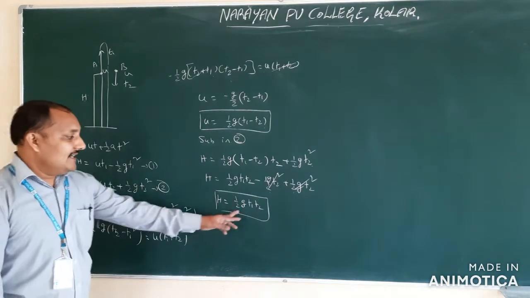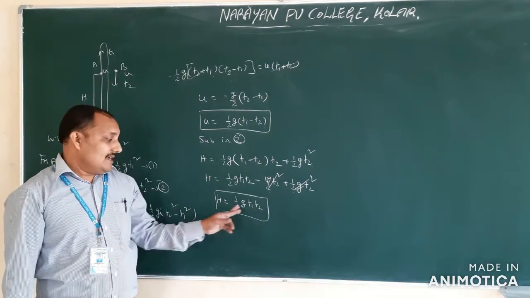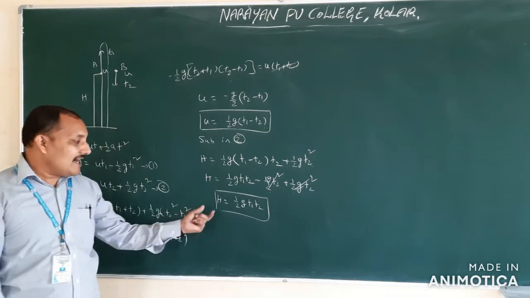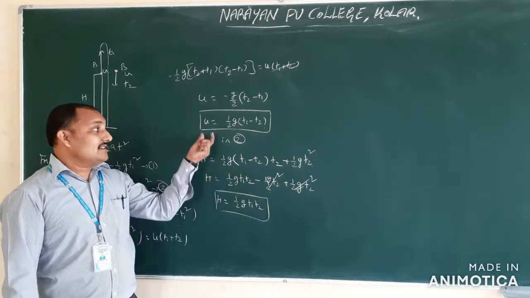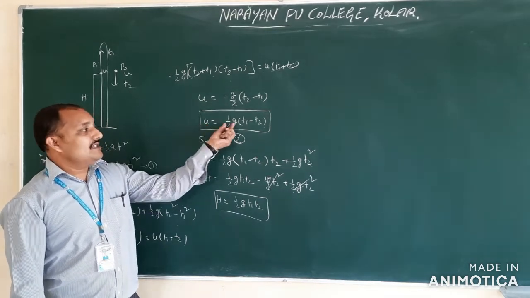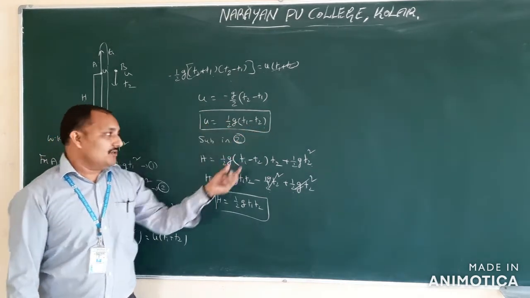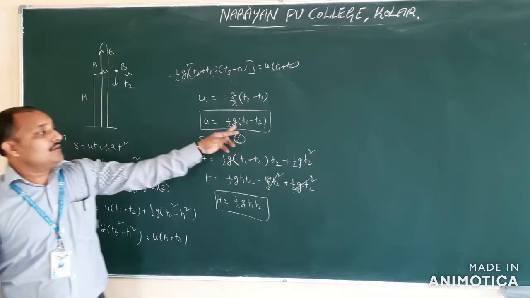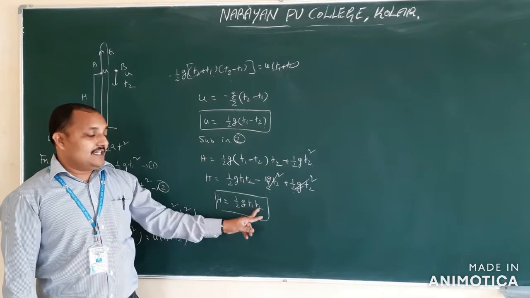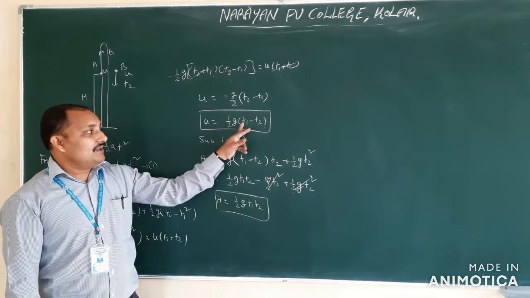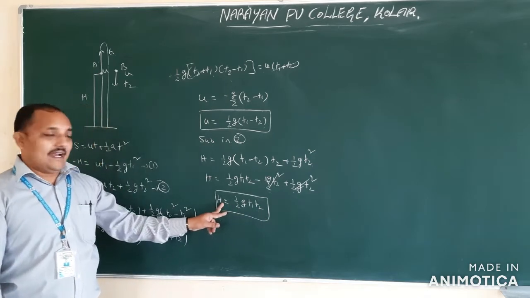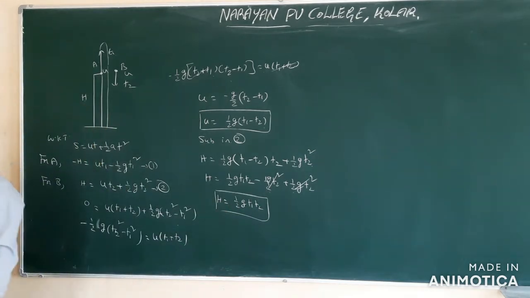If they are giving T1 and T2 values, they will give some time. At that time, if they ask for height, you have to remember this equation. In some problems they will ask what is the initial velocity. At that time you have to follow this equation: u means g by 2 into (T1 minus T2), because T1 will take more time, therefore you have to write T1 minus T2. h is nothing but half g T1 into T2. Yes, g by 2 (T1 minus T2) gives velocity, T1 into T2 gives height. Logically you have to remember.